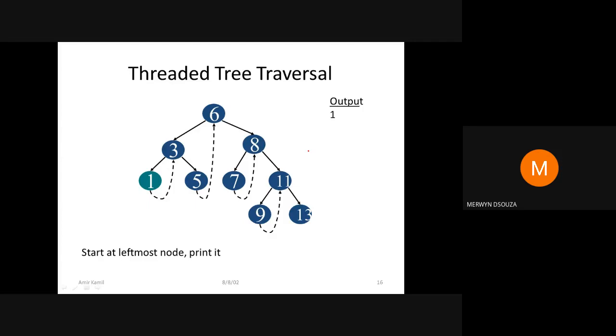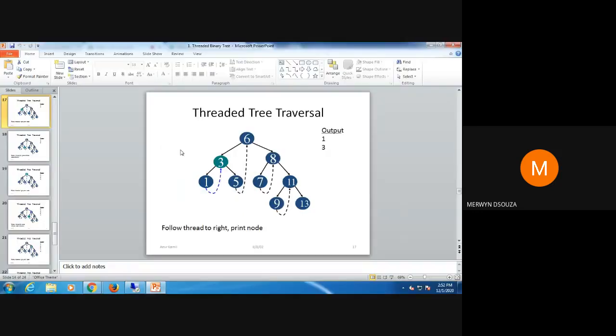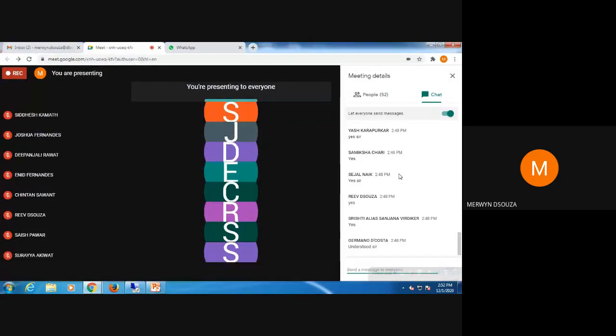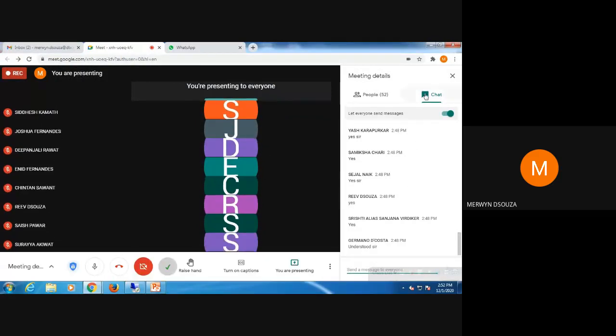So I'll just show you here. First we went to 1, then we used the right side, the in order successor of 1 is 3. I visited 3, then I go again right and I will visit this. Do you all want me to trace and show you this? Just let me know in the chat. Do you want me to trace it and show you using that LVR? Just let me know in the chat, students.